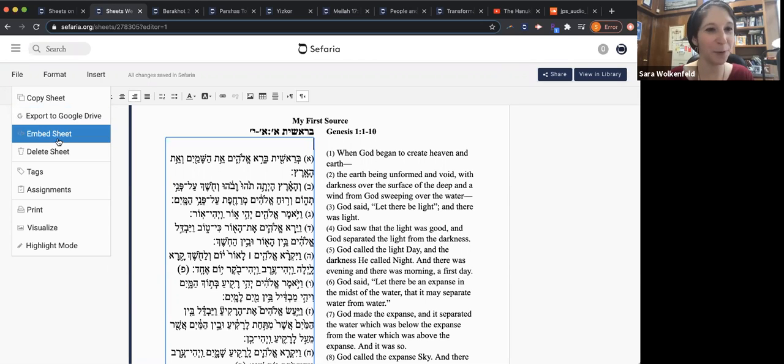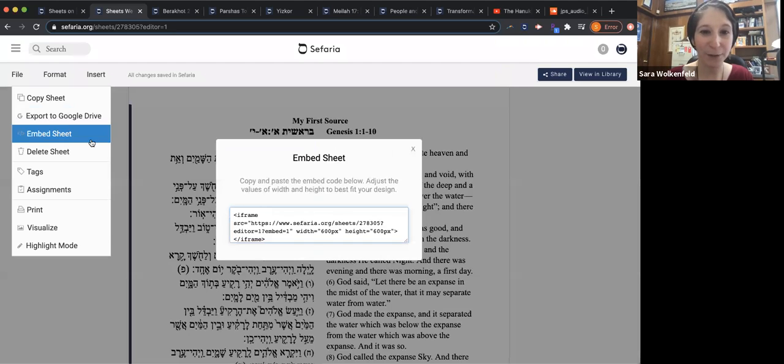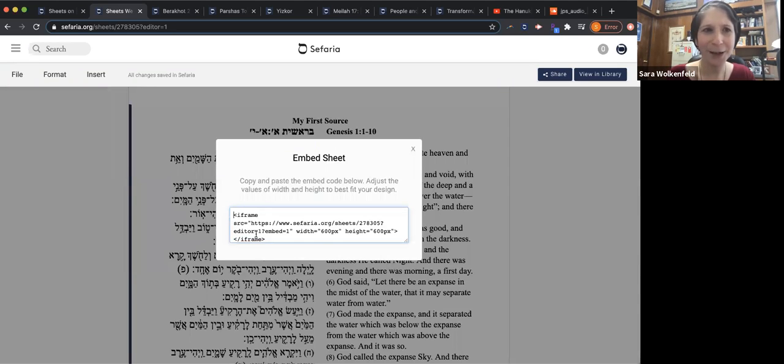The other option that I'll point to here is embedding the sheet, which if you have any kind of web page, you have a blog, you have a class website, you have a school website, anything like that.